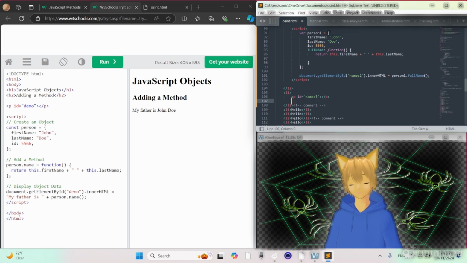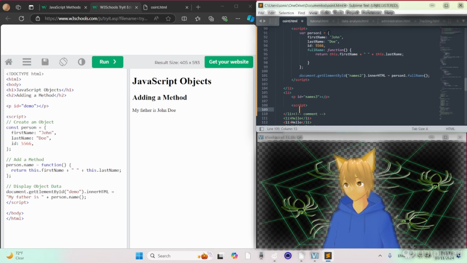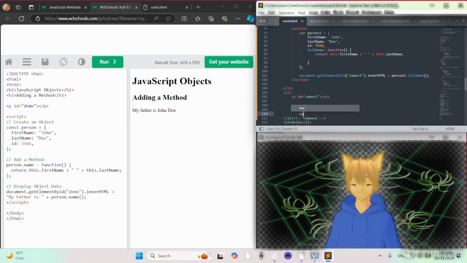Then we'll close off the p and go script, create an object, const, well, change that to var person2 equals